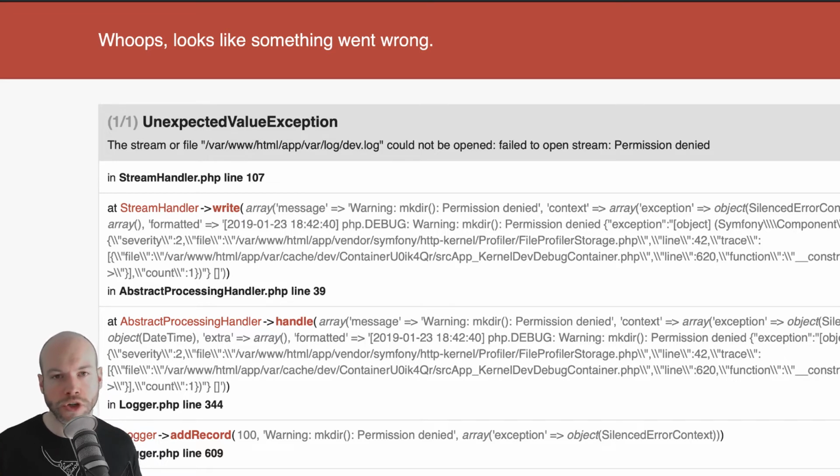This is a usual headache with things like Symfony, where they need to be not only writable by the PHP itself, as in by the Composer running that, so by whoever has ownership of that, which is usually root or 1000, the UID, but also by Apache too, because Apache is obviously writing things to the log files as well as creating the caches and stuff, and that gets a bit troublesome. That gets a bit of a headache.